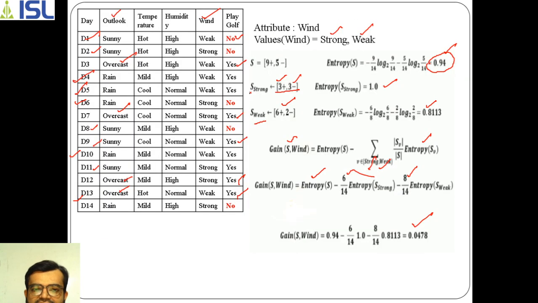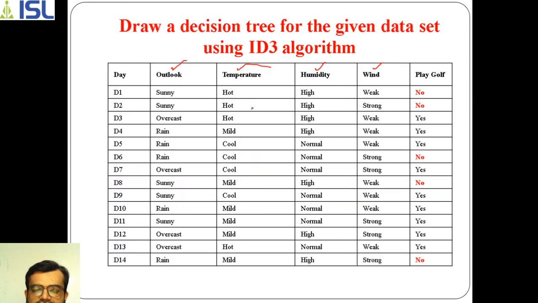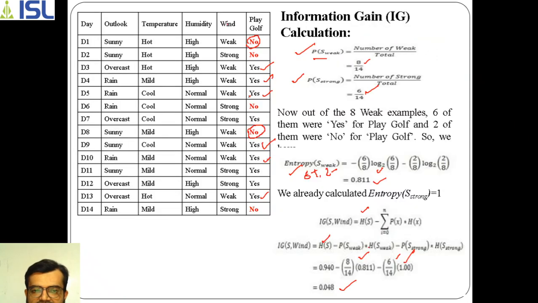So in this way the example will be asked. Like this the exam will be asked. The ID3 algorithm question will be asked in this way. For this question you need to understand, first of all, entropy and information gain. After this you may find it easy. The only thing is that you have to be very cautious while calculating the values, because all values affect the overall information gain value, which in turn affects the position of the nodes.